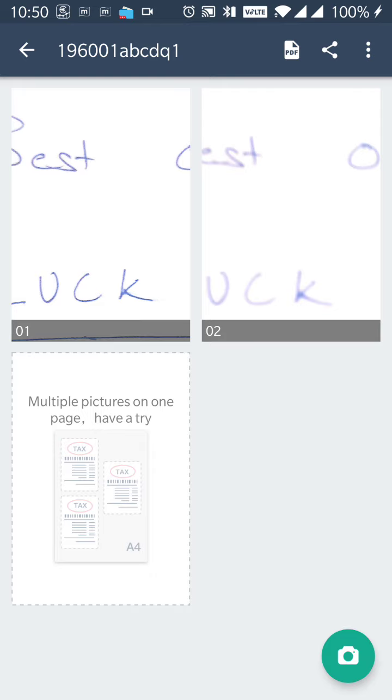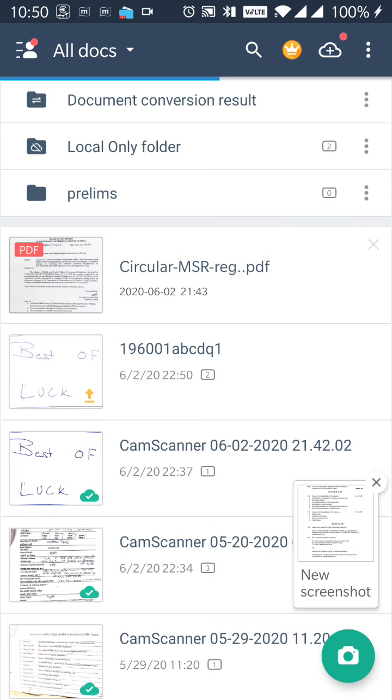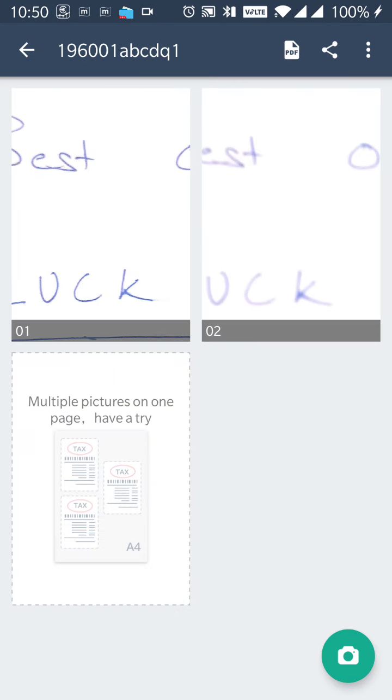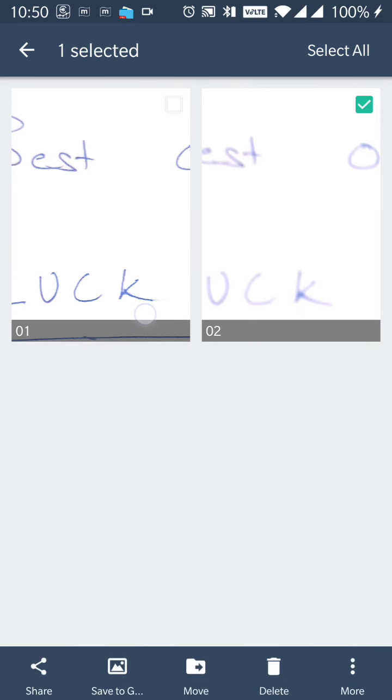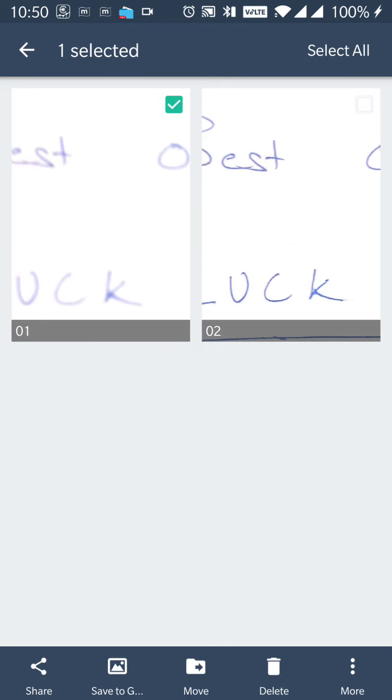Once all pages are uploaded, you come out from here and recheck if there is a change in alignment, means page number 1, page number 2, page number 3. To keep the alignment, just hold and move here and there. So that is how you can align the pages.